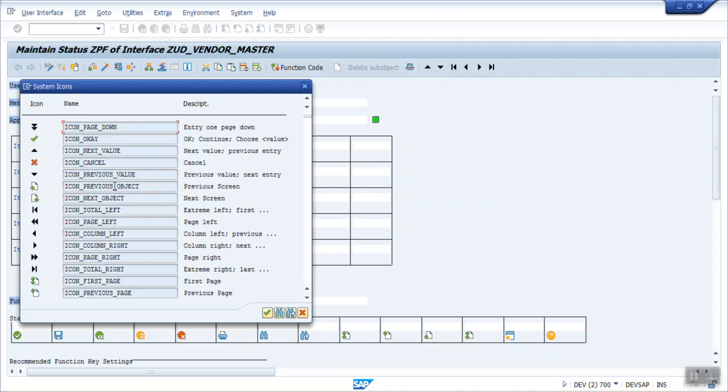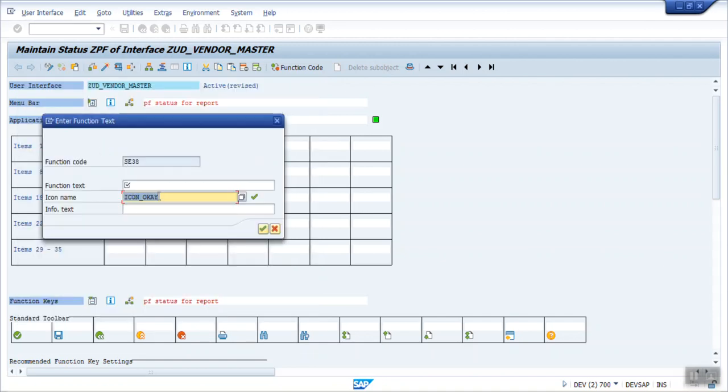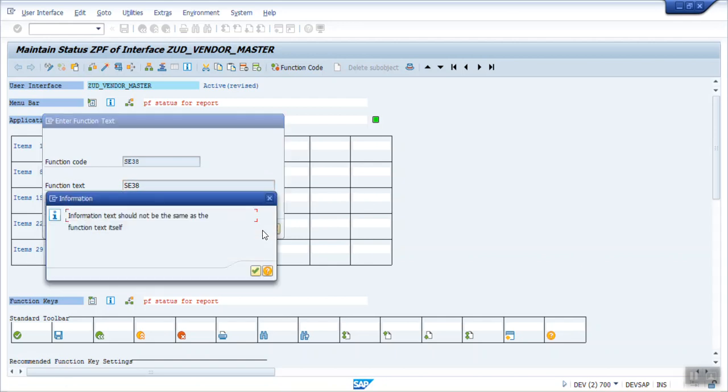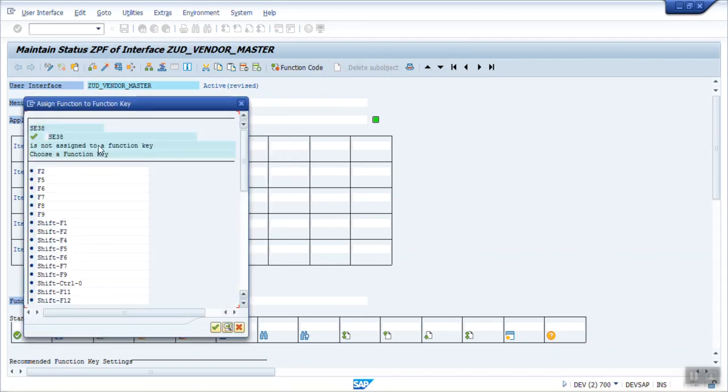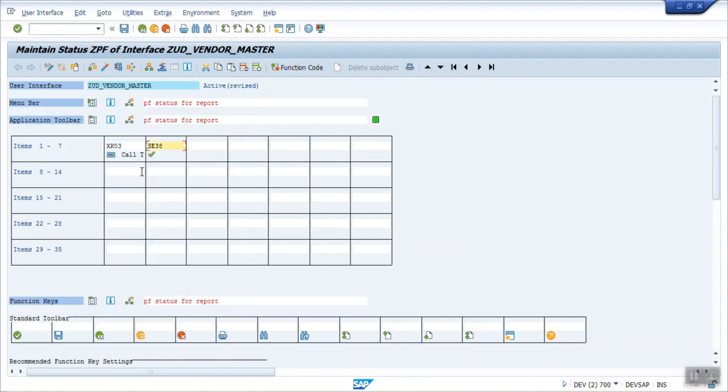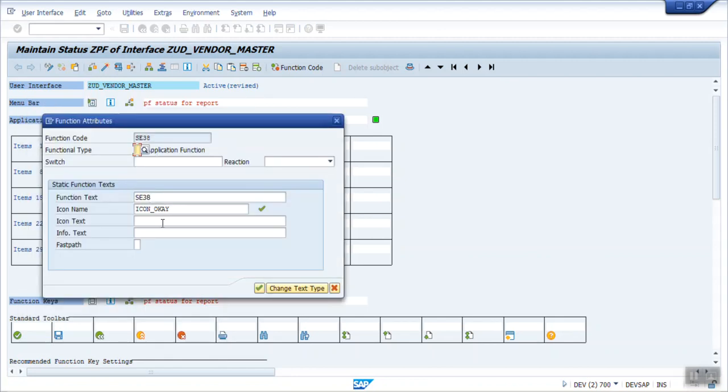Okay, let me go with this one, just to show the different concept. SE38, assign the function key, let's say call SE38.